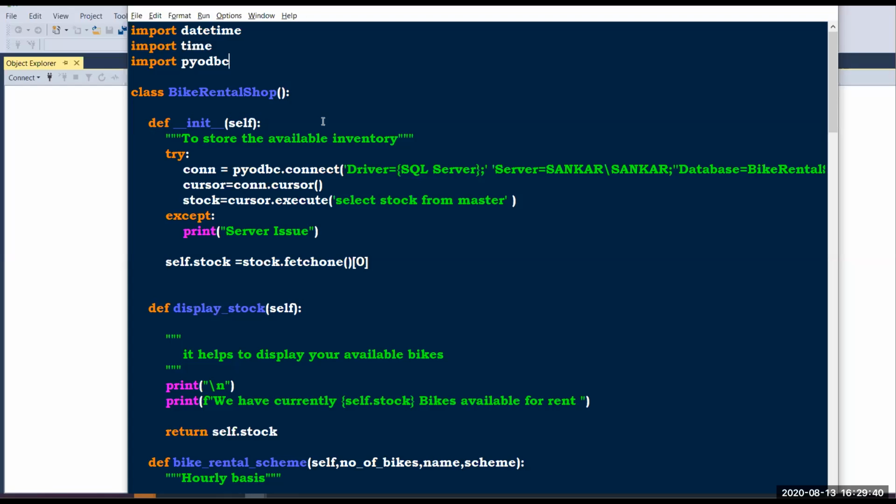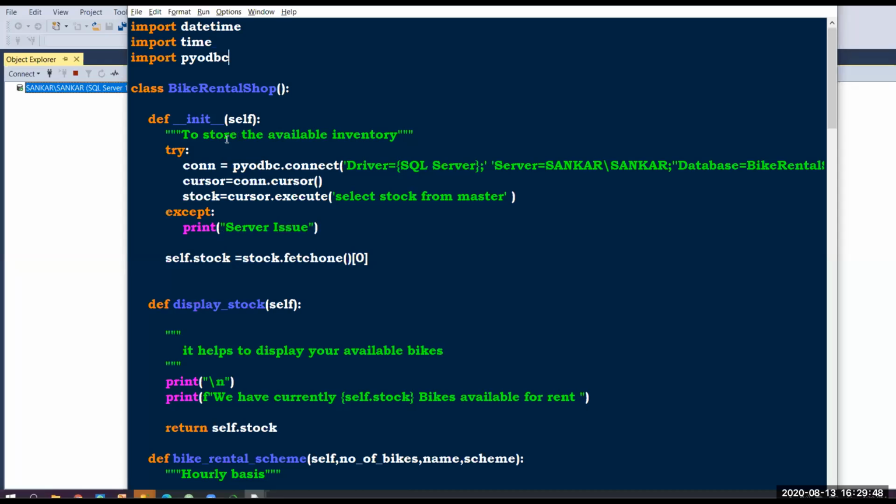I have created a bike rental shop class, and here I have created a constructor. In the constructor I have connected PyODBC for my SQL, and here I have a database called bike rental project.